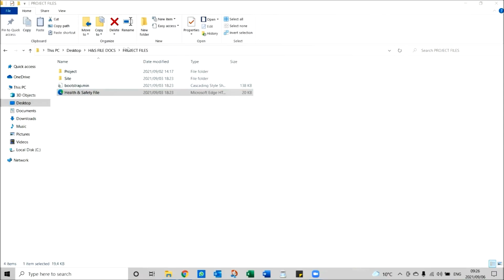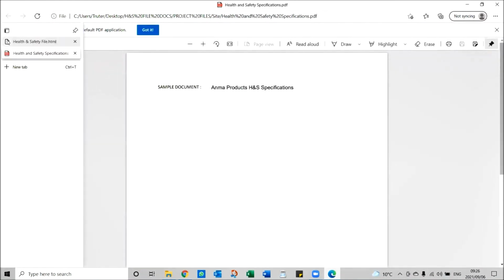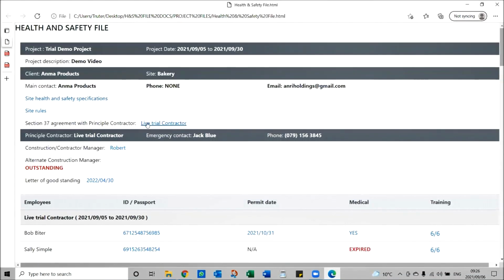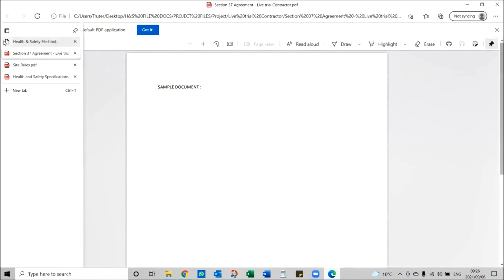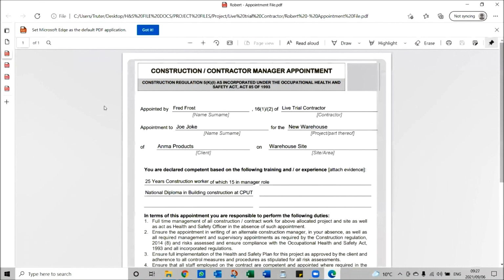After you've downloaded the health and safety file, you can access it at the folder where you have downloaded it. And this is what it looks like. It's a summary of everything. It starts with the project description, then the client details. All the documents that you've got there you can access by clicking on the hyperlink. The health and safety specifications, the site rules, the Section 37 agreement, then the principal contractor's details, the appointment,